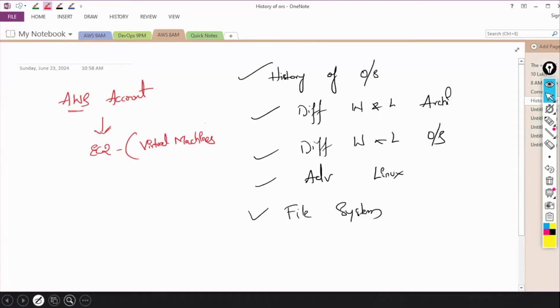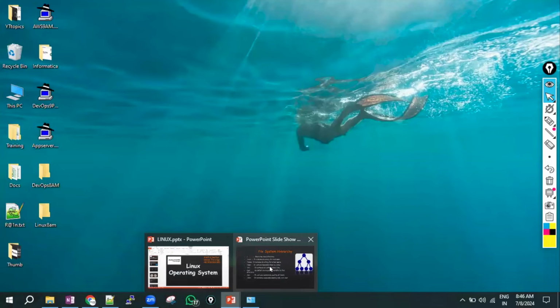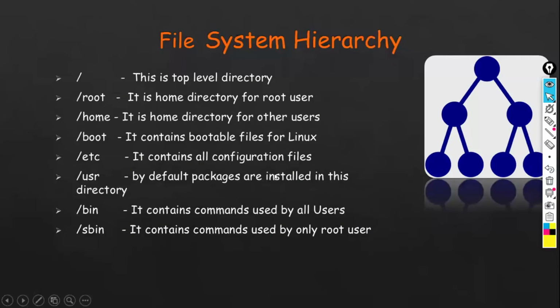So we'll launch one virtual machine. In this virtual machine, we will install the Linux operating system and practice Linux commands on this virtual server. Now we'll understand how to create an AWS account. Okay, next is how to create an AWS account.